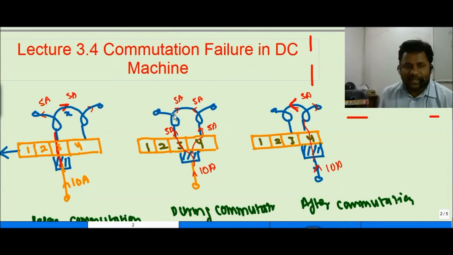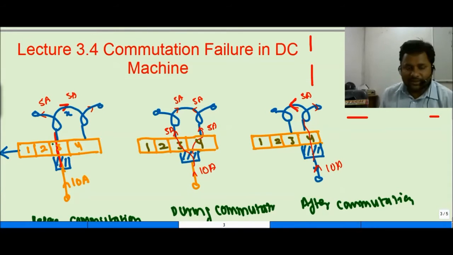In the last lecture, we discussed that whenever the brush touches the point of section 3, the current flowing in this conductor X is 5 ampere. When this coil is rotated by an external prime mover in the anti-clockwise direction and the commutator segment is in between these brushes, the current is divided into 5 ampere and 5 ampere, and the coil conductor X experiences 0 ampere current, because the 5 and 5 cancel out.